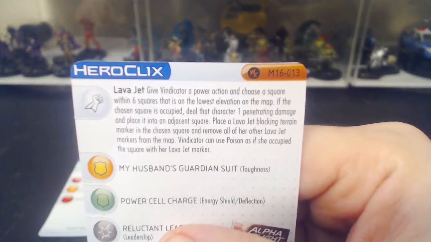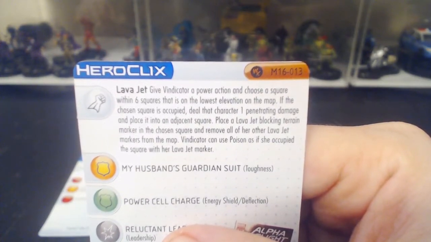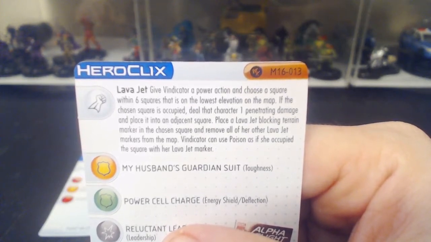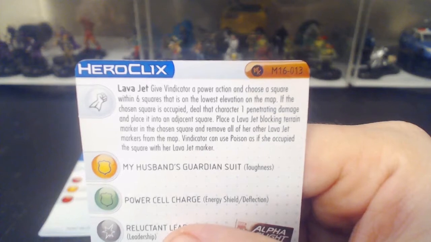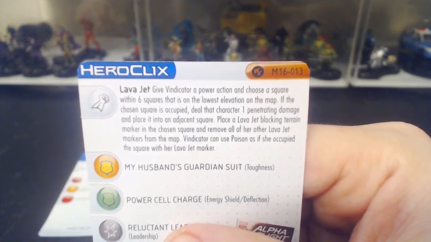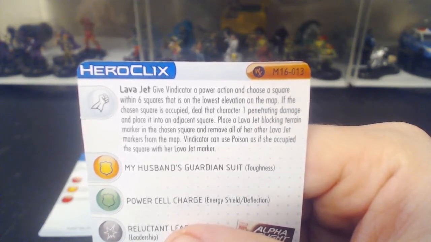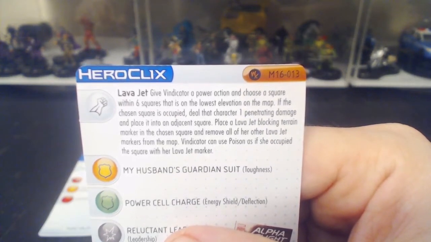Give Vindicator a power action and choose a square within 6 squares that is on the lowest elevation on the map. If the chosen square is occupied, deal the character 1 penetrating damage and place it into an adjacent square. Place a Lava Jet block and terrain marker in the chosen square and remove all other Lava Jet markers from the map. Vindicator can use poison as if she occupied the square with the Lava Jet marker. Okay, so